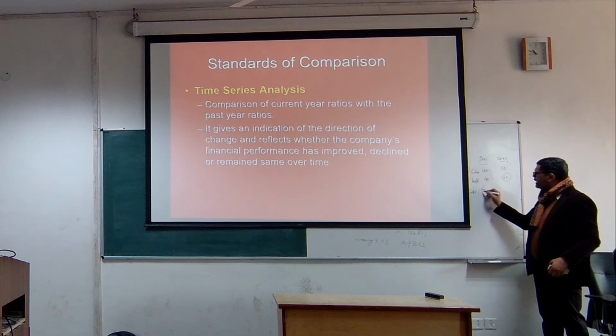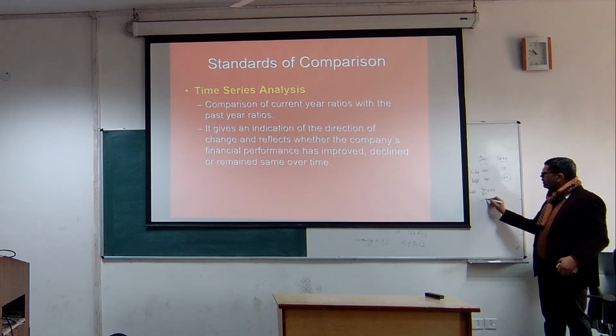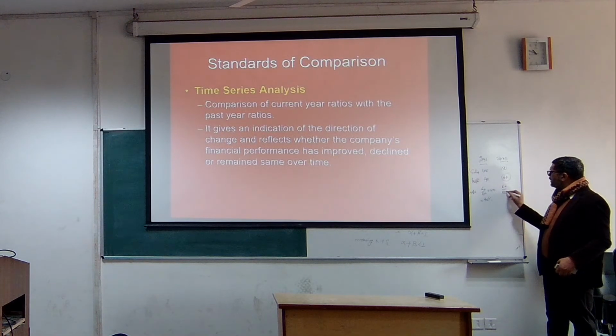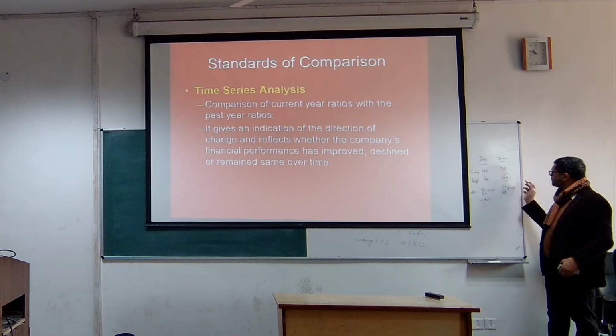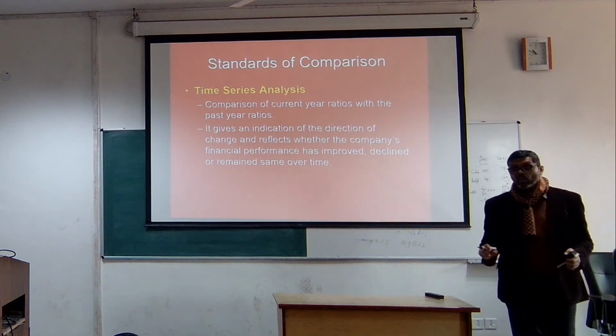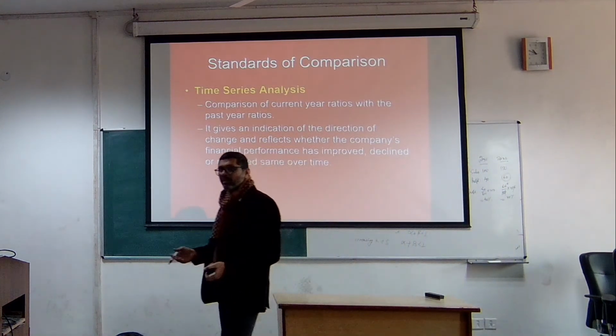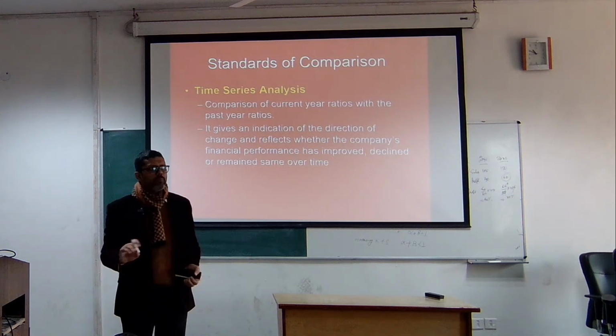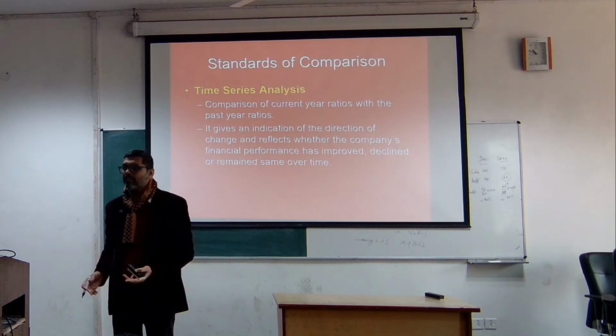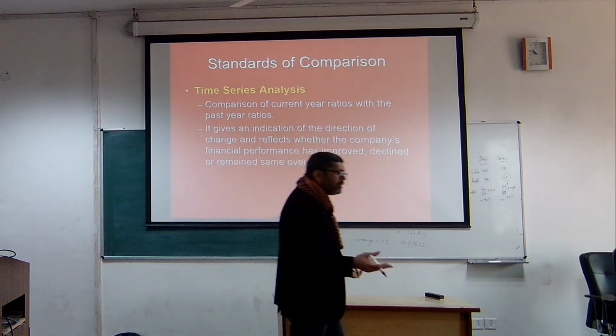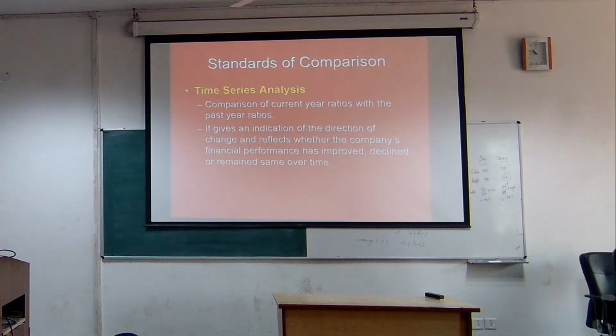My profit percent is 40 upon 100 into 100, which is equal to 40%, and this is 60 upon 150 into 100. How much is it? So the company has not improved in terms of profit percent. No doubt, in absolute measure my profit has increased, but my sales has also increased. But my profit percent has remained same. So my performance has not gone up. My performance has not improved. Is it clear? Right? देखने से लग रहा है कि 40 से 60 हो गया तो बेटर हो गया, बट एक्चुअल में जब प्रॉफिट परसेंट कैलकुलेट किया,